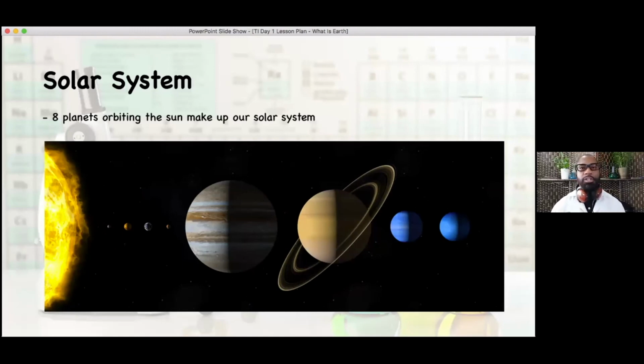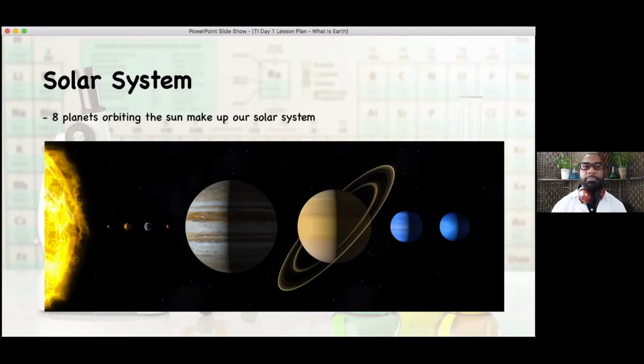And so I think the really cool thing that we understand here is there's a unique interaction that not only we have as Earth with our sun, but all the other planets that exist within our solar system. Obviously, we have Mercury and Venus, which are the first planets before us, and then Mars shortly after us. But this picture here shows a nice scale of what our planets and sizes actually look like. If you notice us here, Earth as the third planet from the sun, the third rock from the sun, as some would say. This puts us in a very, very unique space compared to the other planets.